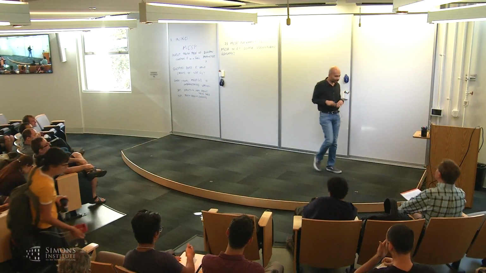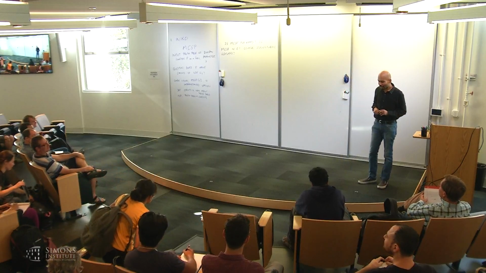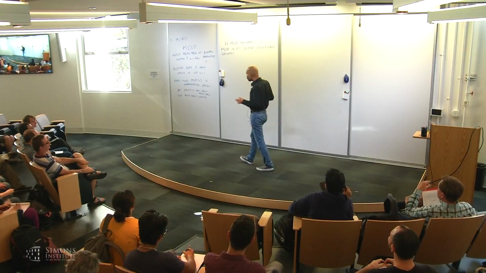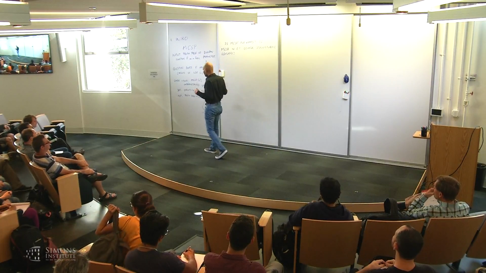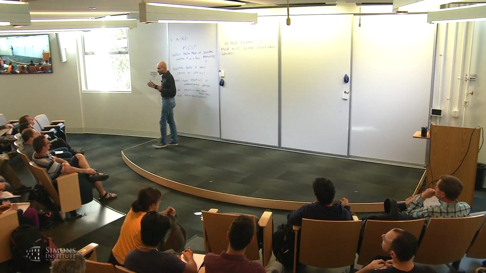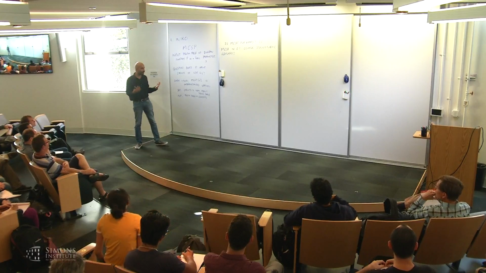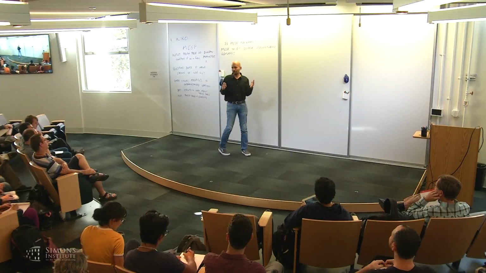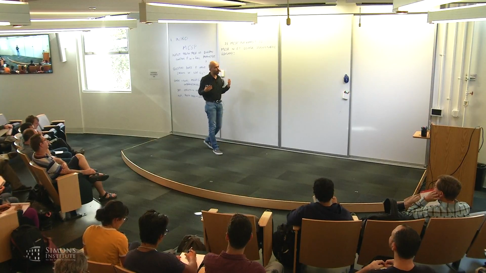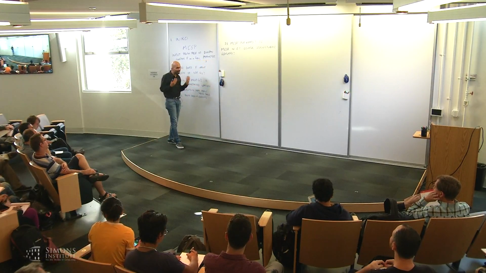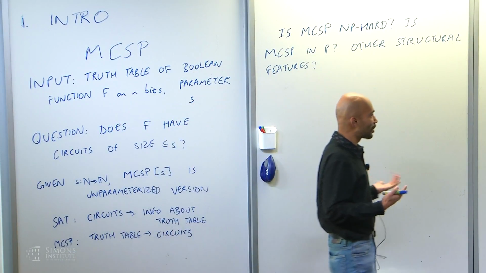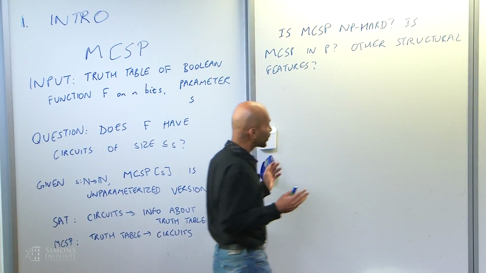So yeah, I'm going to be giving a survey on MCSP. What's the survey going to be like? I'm going to be focusing mostly on a few important papers in the area and mentioning the main questions. It's going to be sort of a conceptual map of the area, especially for those of you who haven't seen the problem before and don't really understand why people are working on it. I hope to give some motivation.